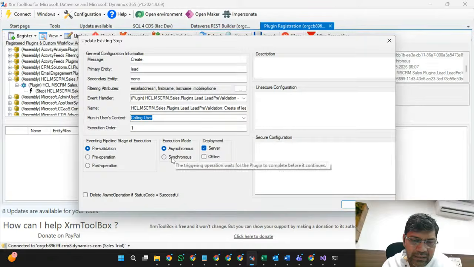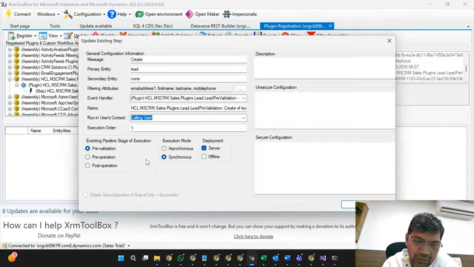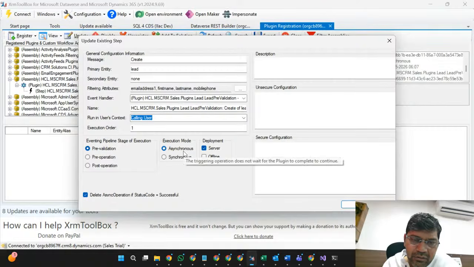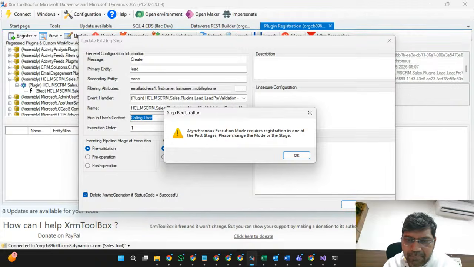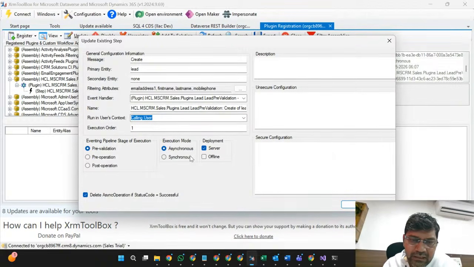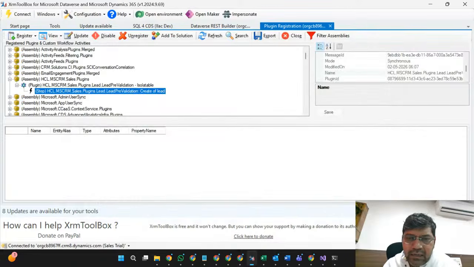Okay, so this will run in synchronous mode only, not asynchronous, here you can understand. They can ask, in pre-validation stage, is there any possibility you can register your plugin code in asynchronous mode or not? And what is the use of this particular checkbox? What will happen if you have selected this one? If you are registering your code in pre-validation and you are going to use asynchronous, you don't have any option. You have seen this one here. You cannot register, right? So you have to register in synchronous mode only. Update. So there are many questions.